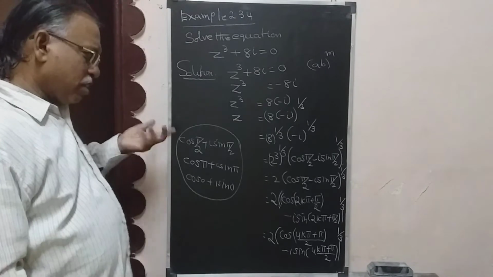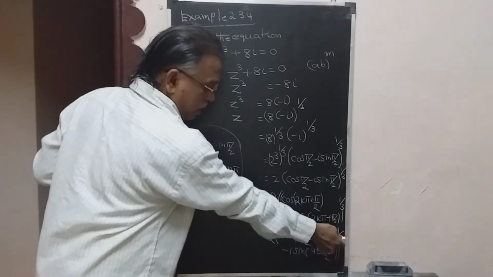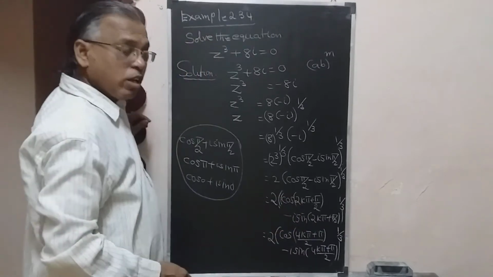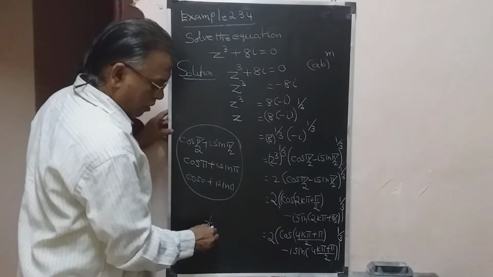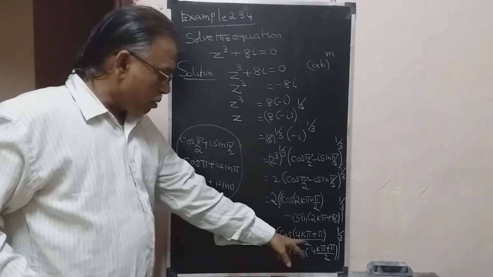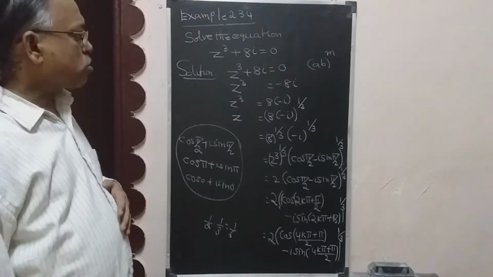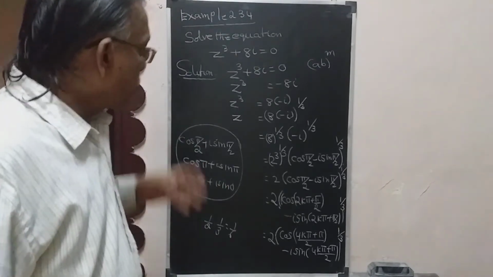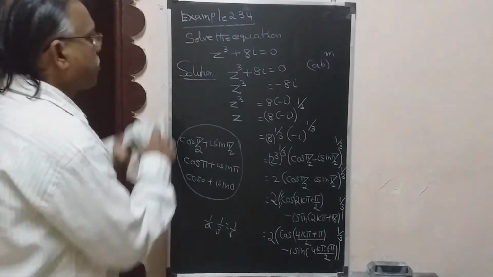Now what about the third step? The third step is bringing the power, this 1 by 3, inside the angle, so that it becomes 1 by 6, because 1 by 2 is already there, into 1 by 3. So here you must write a 6. So apply De Moivre's theorem. Okay, students, that step we will see now. Third step onwards we will see.